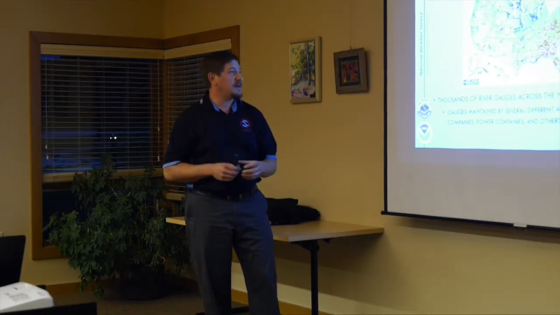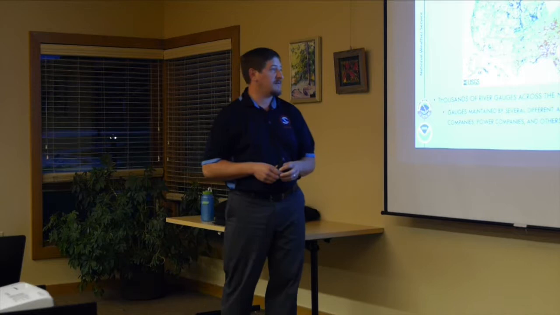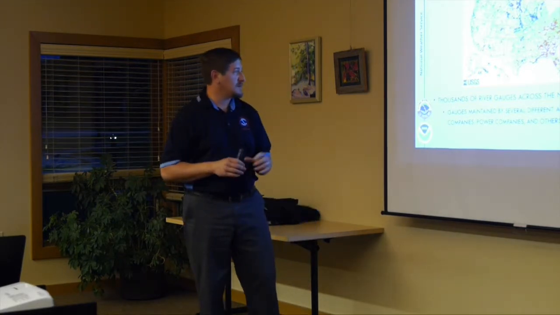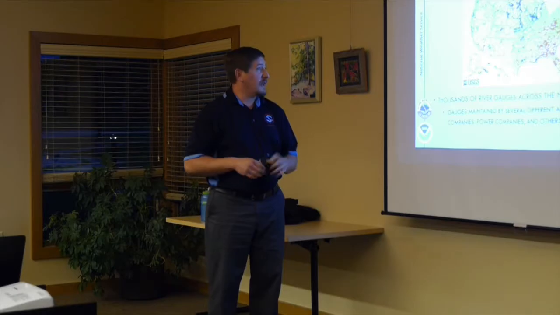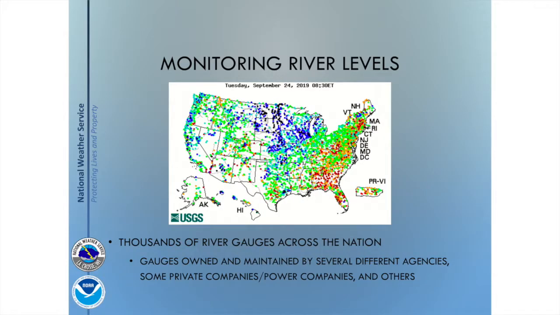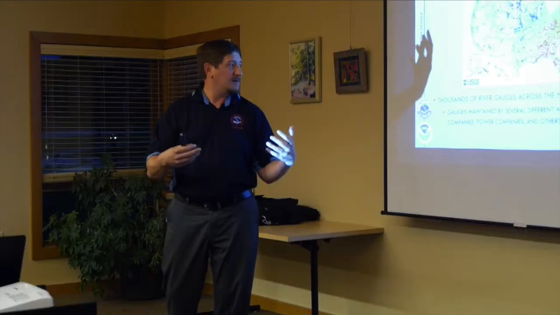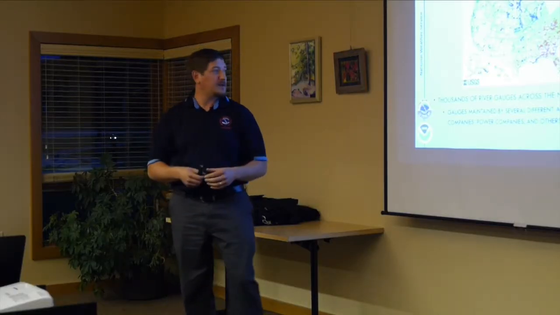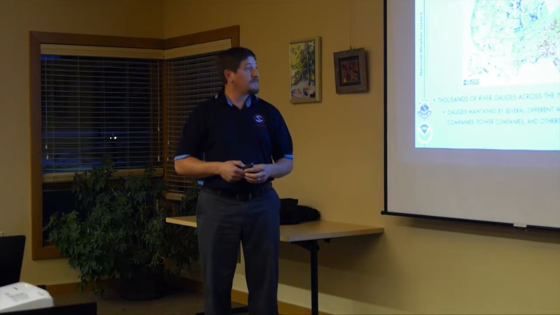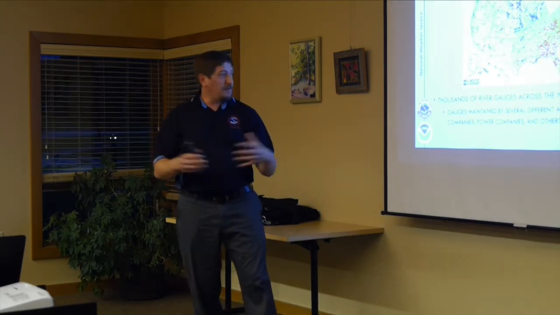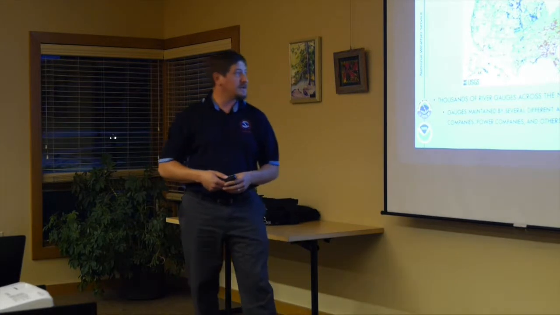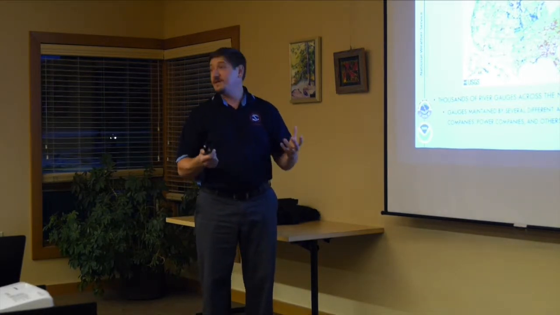They can become expensive at times to maintain, and it's a very involved process maintaining those gauges. So they can't be placed everywhere, unfortunately. The gauges are installed and maintained by many different agencies. It's really a partnership. Those agencies, including the National Weather Service, we all work together in learning where these river gauges are, siting of the gauges, and sharing data and information on those. So it's not just that we forecast the river levels, it's really a partnership with other agencies and local government and organizations for that matter.